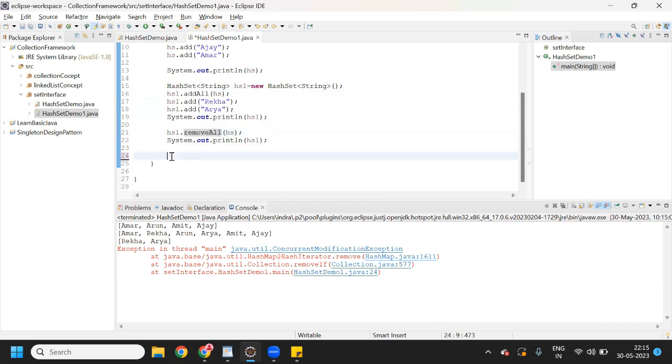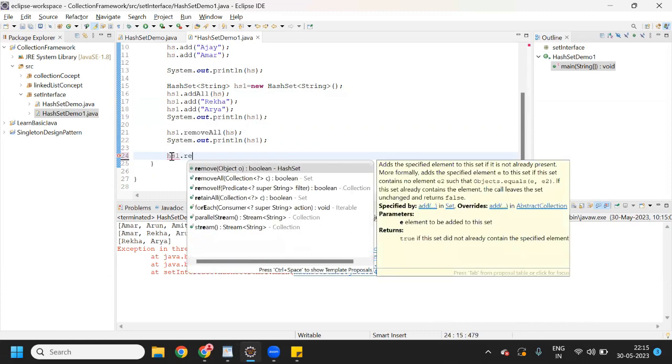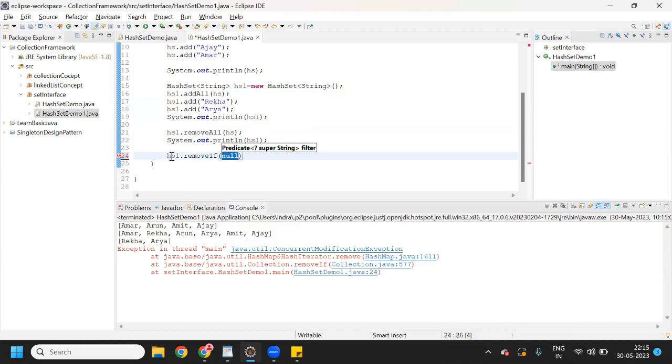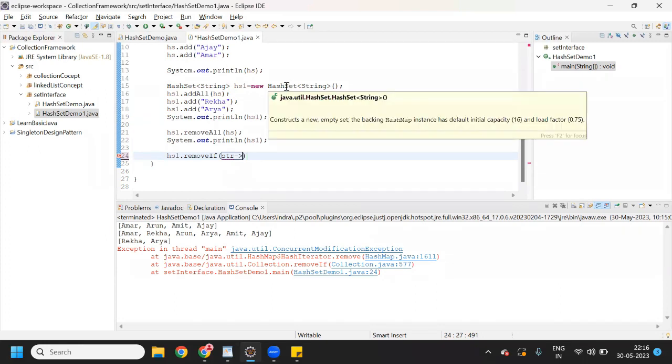Now we have one more method. So we have the removeIf method as well. So how can we use the removeIf method? HS1 dot, we can call this removeIf method. This is the removeIf method, right? Here you can put any reference variable, and then you will have to use this hyphen and this arrow button, right? After that, what we will have to do is